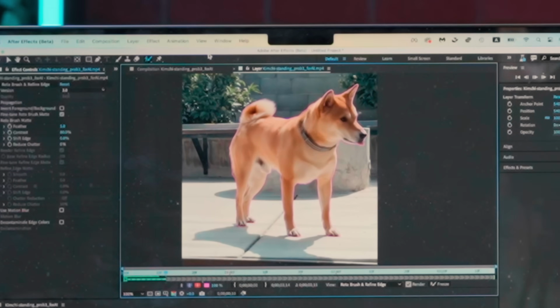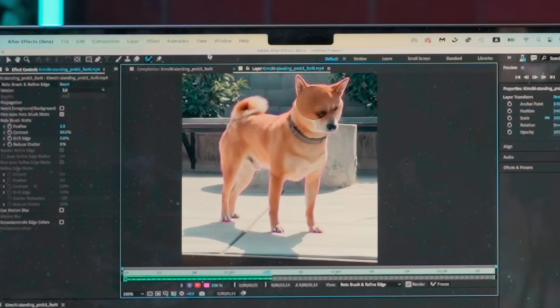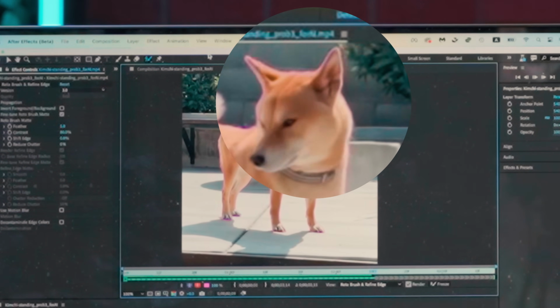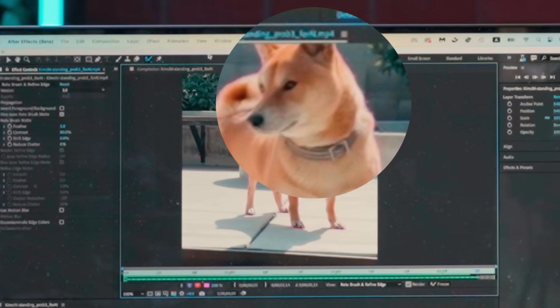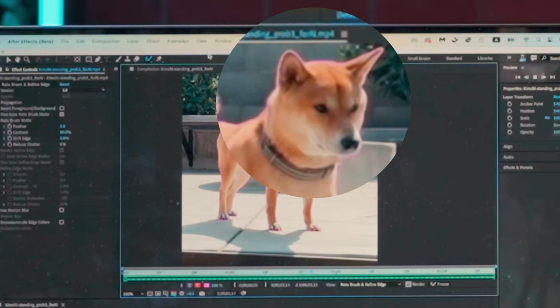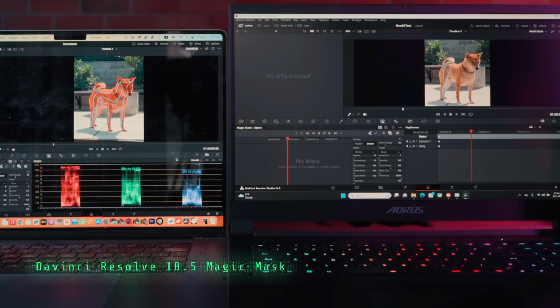Side note, the new AI Rotobrush 3 is insanely good. Don't waste your time and money on Runway ML or other AI Rotobrush 2 on the cloud. Adobe After Effects gives you the most professional looking result and it runs locally fast. If you don't use Adobe products, let's take a look at the AI Assist Magic Mask in the latest DaVinci